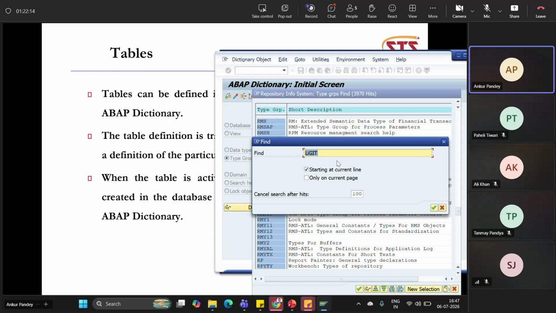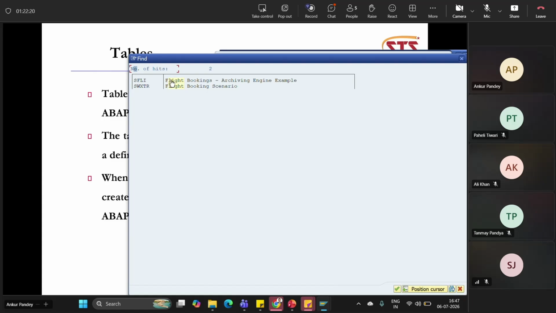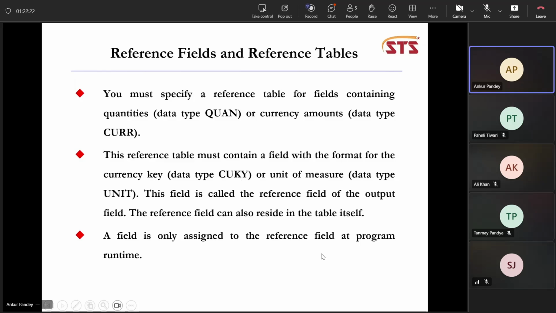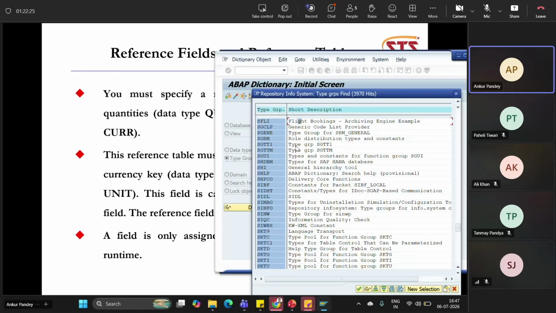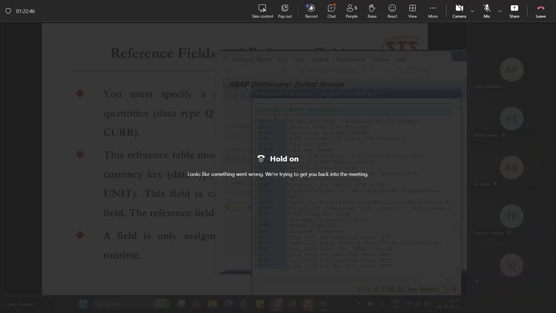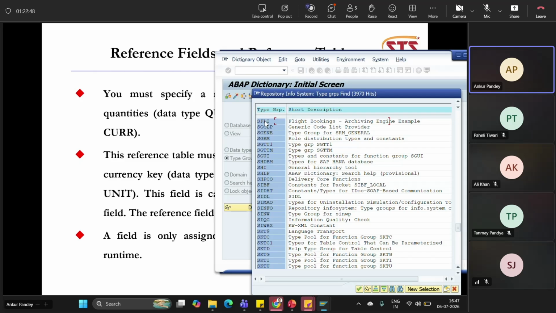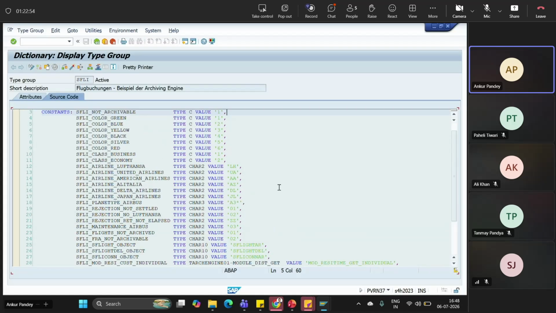Sorry, flight. This flight is coming. Okay, leave that. Let's go to flight only then. Yeah, flight. So this is the demo program they have used. So they have just declared